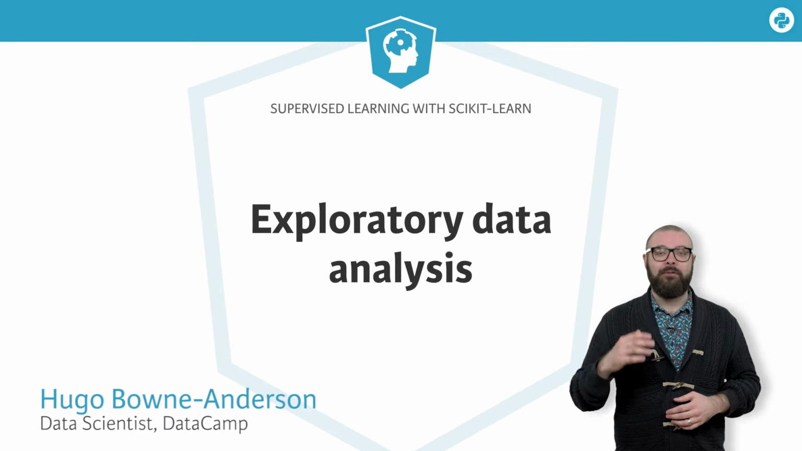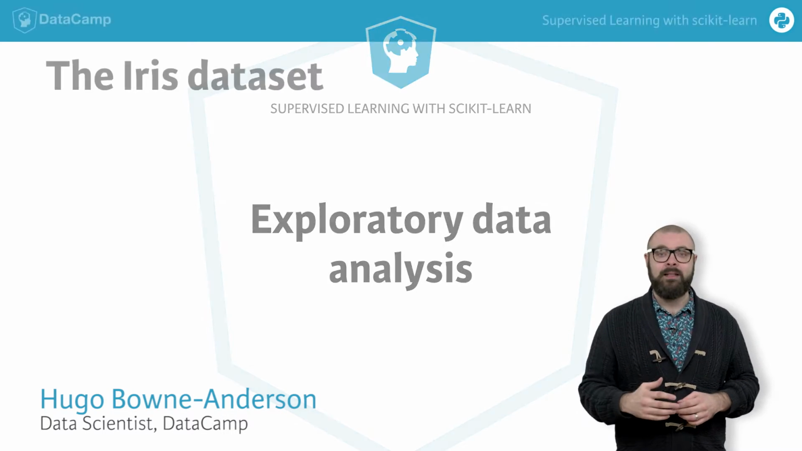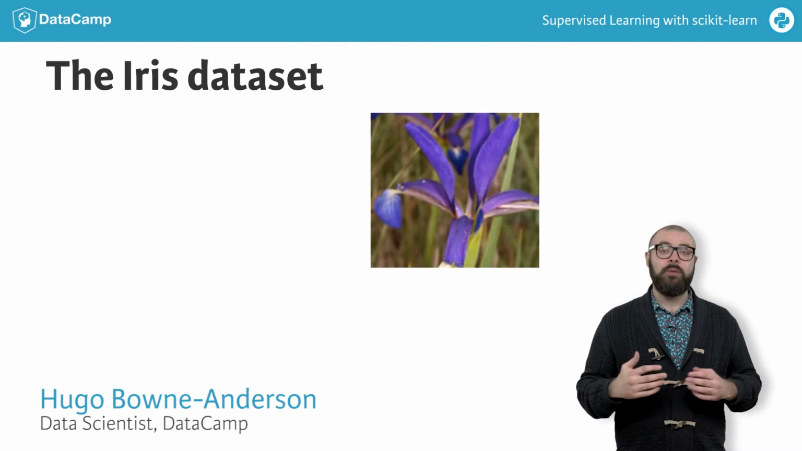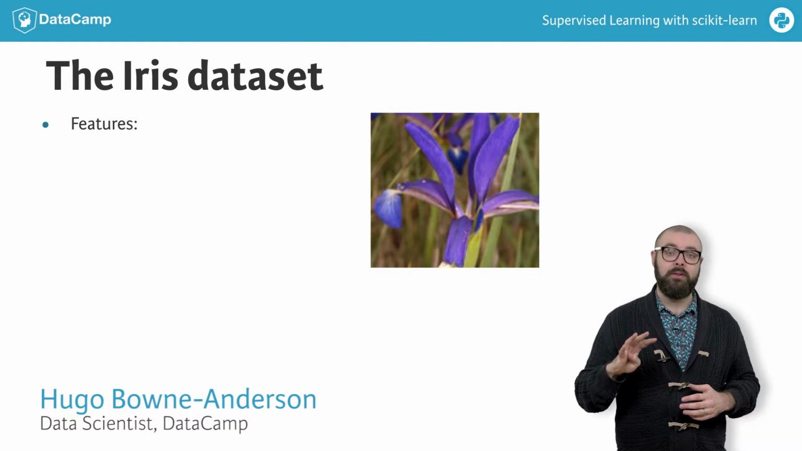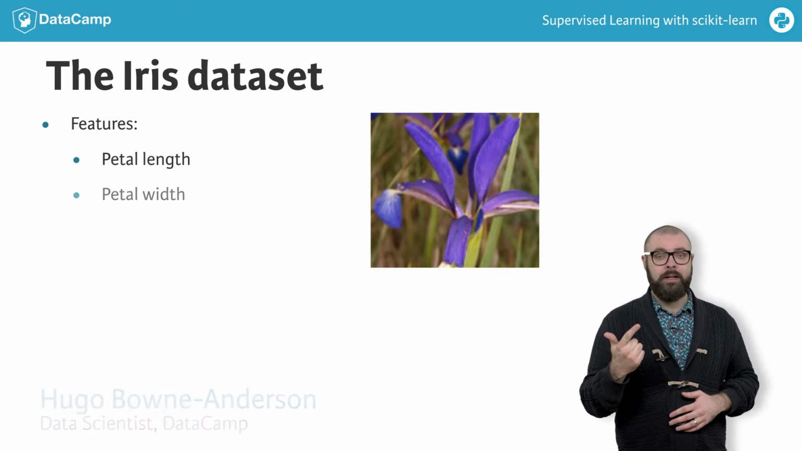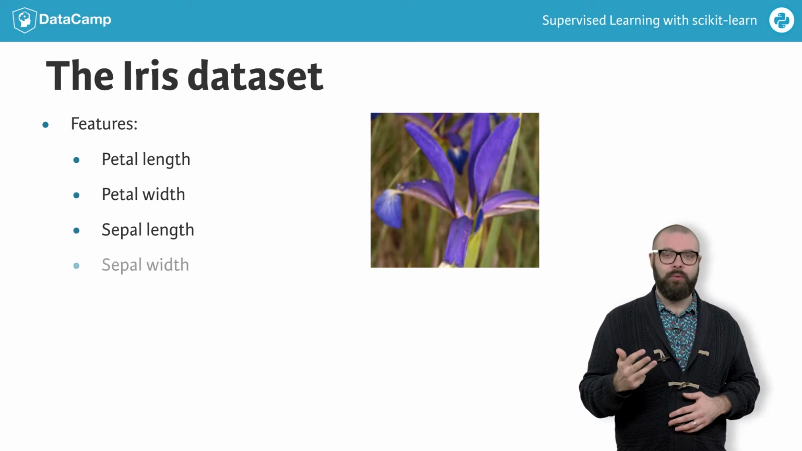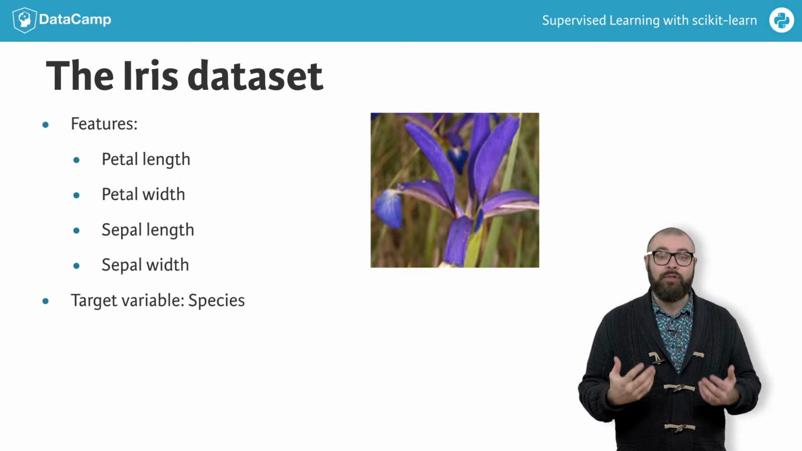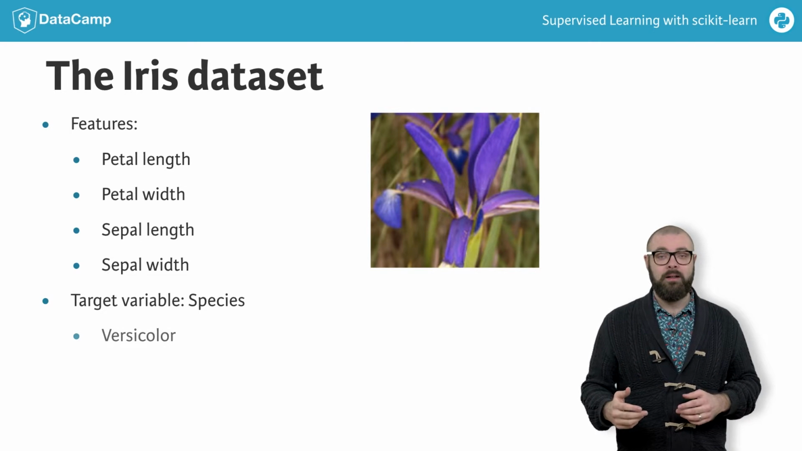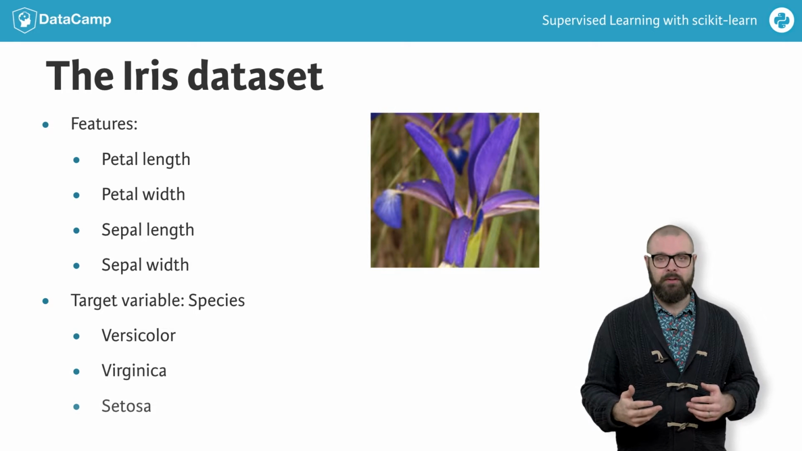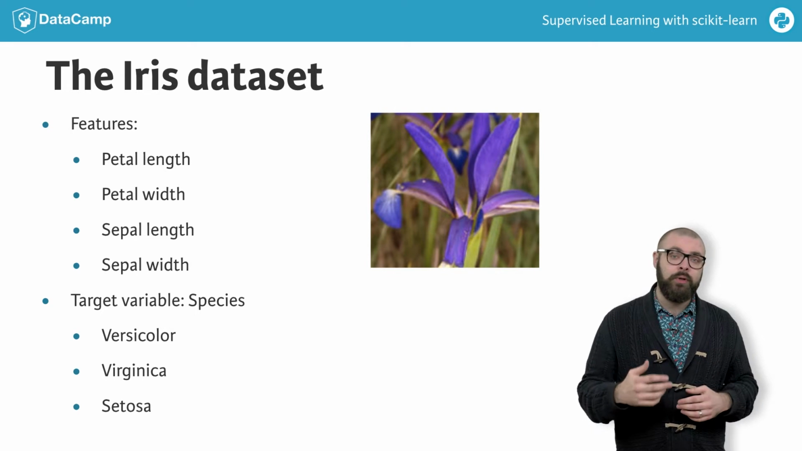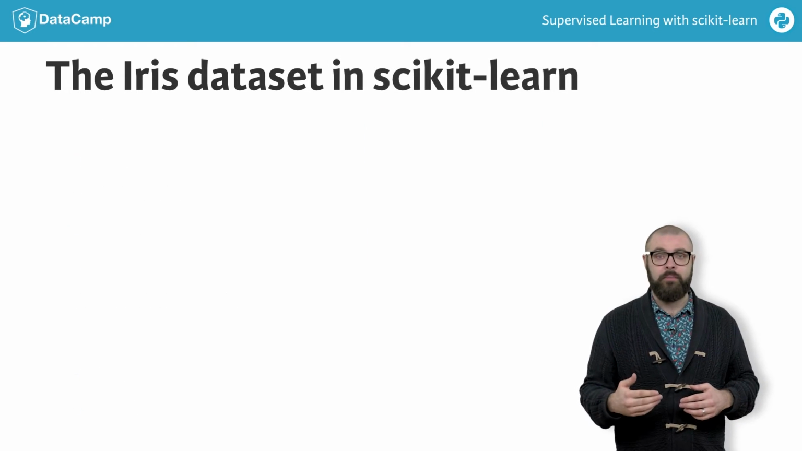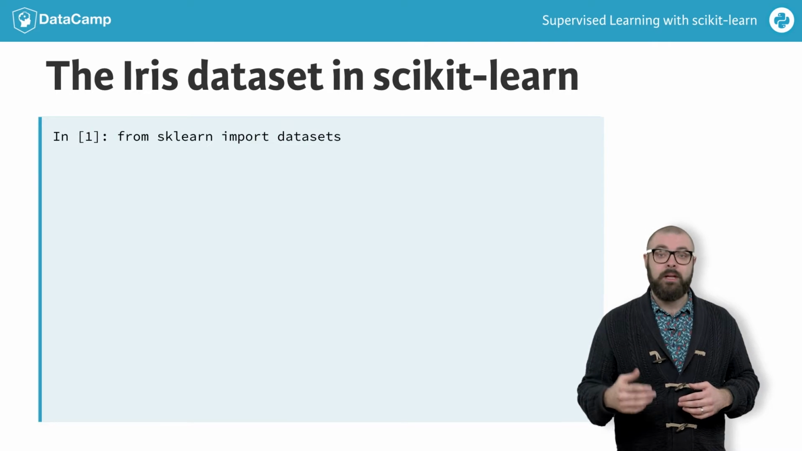Let's now jump into our first dataset. It contains data pertaining to iris flowers, in which the features consist of 4 measurements: petal length, petal width, sepal length, and sepal width. The target variable encodes the species of flower, and there are 3 possibilities: versicolor, virginica, and setosa. As this is one of the datasets included in scikit-learn, we'll import it from there with, from sklearn import